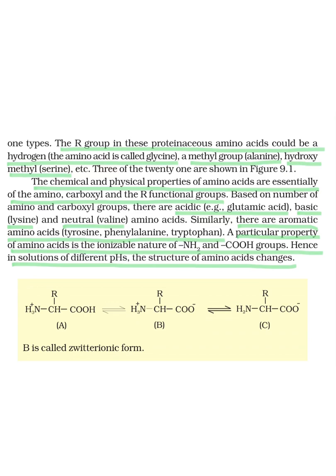Even a particular property of amino acids is the ionizable nature of the amino as well as carboxyl group. That is why, in solutions of different pH, the structure of the amino acid changes also. So in this diagram you are able to see the zwitterionic form which is centrally present, and it is changeable. That's why, after attaining the equilibrium,